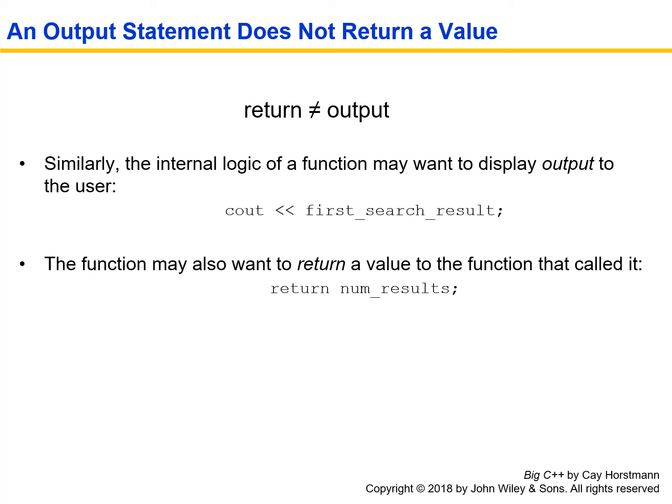Similarly, return does not equal output. That mobile banking search function might want to display output to the user, so it would say cout first search result. But the function might also want to return a value to the function that called it, such as telling it how many results had